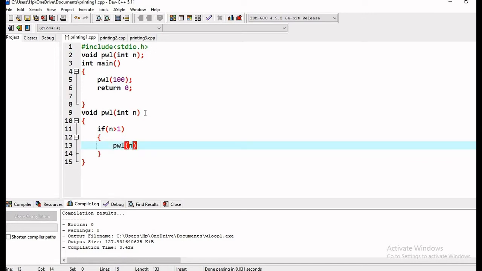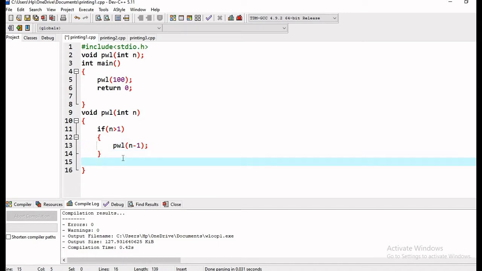PWL n minus 1, each time it will decrement n by 1, and I will print it here, with \t, and n here. Okay, so I think it's done.